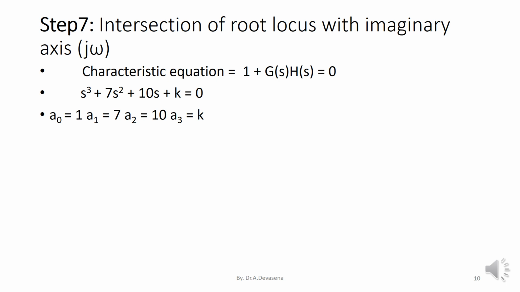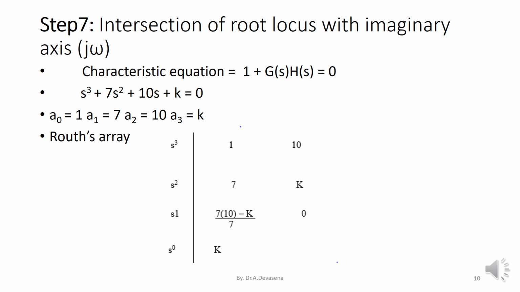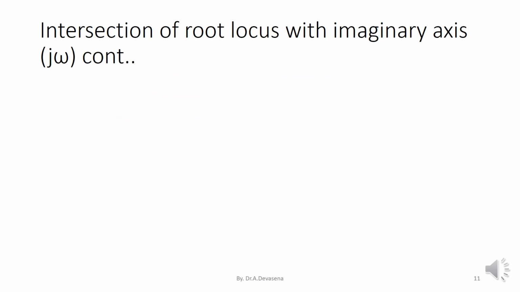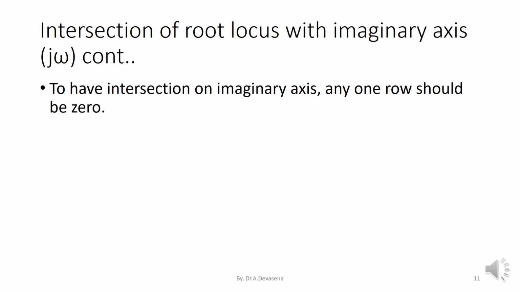Routh's array comprises of ... to have intersection on the imaginary axis. In the Routh's array, any one row should be 0. Let us make S1 row to be 0. That is,